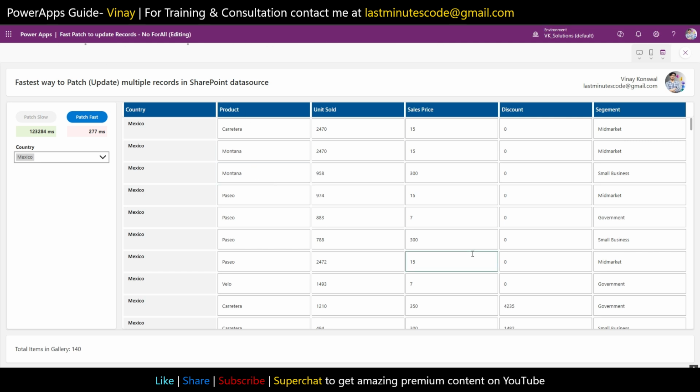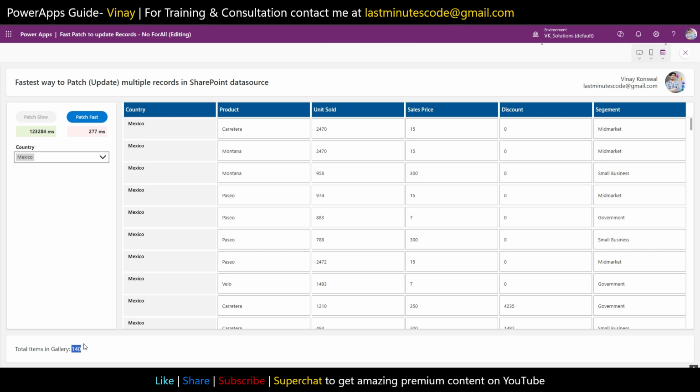What you will notice is that this patch slow is going to take a lot of time, maybe 30 seconds, 50 seconds, depending on the records in your gallery. Previously I had 500 items, so it was taking a huge time, like 2 minutes and some seconds. Now I have 140 records, so maybe it will take